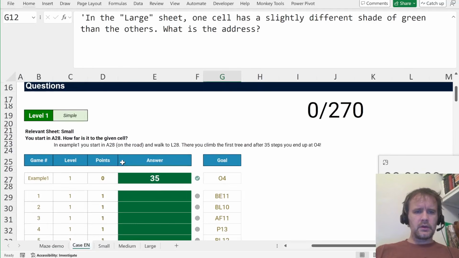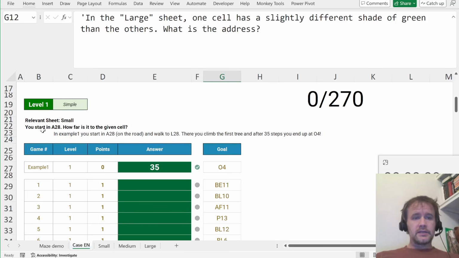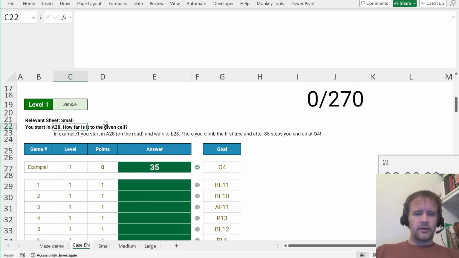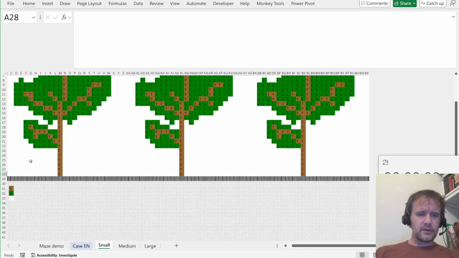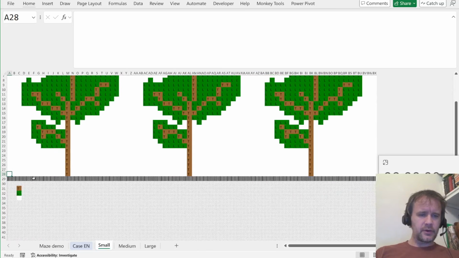So level 1 says you start in cell A28. How far is it to the given cell? Oh, sorry, which reminds me, you start in cell A28, which is the ground. I had some trouble with this one for a couple of reasons. One, because I initially thought this was the ground, but you're walking along the ground, so you're walking above the road. And second, because on the later levels we have the slowdown penalties for movement in trees, and I had